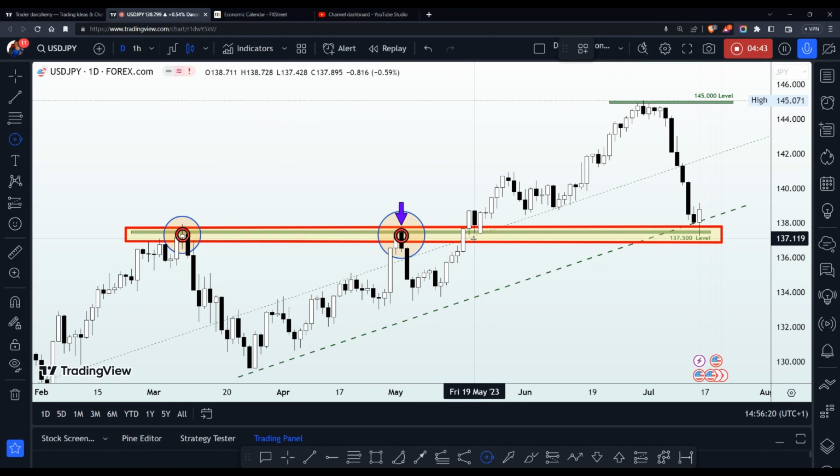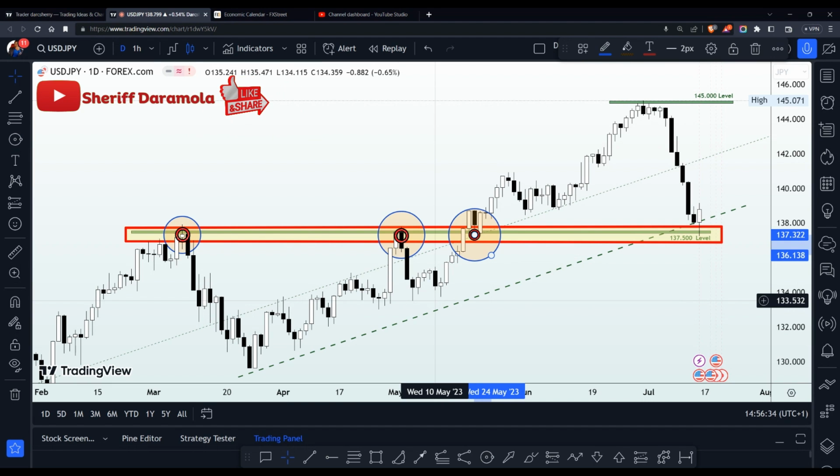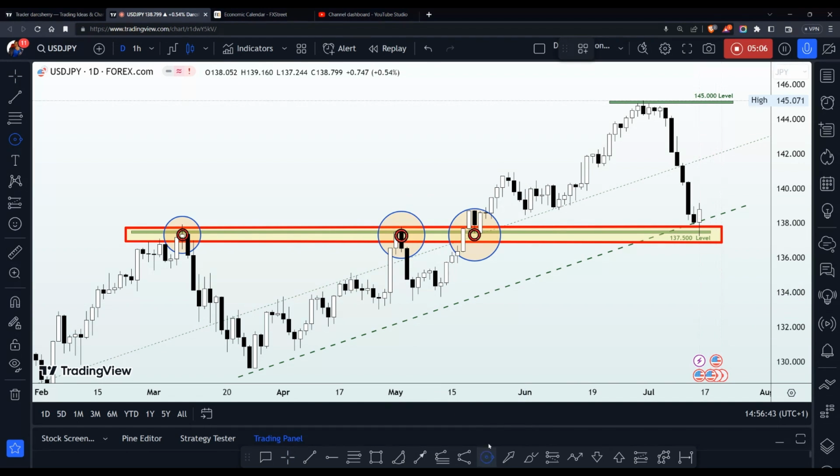Now, what happened during the mid month of May was quite interesting, as we saw the breakout of that structure. And since then, price action has been trading above that 137.500 area to emphasize the strength of the buyers in this particular market. Now, fast forward 2 months after, price action is back into that 137.500 area,